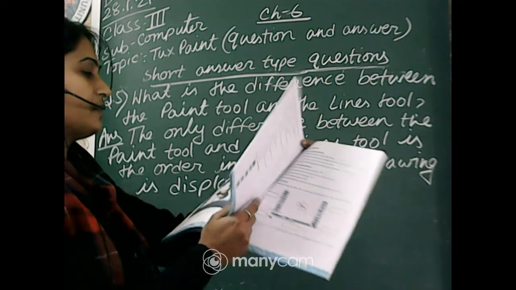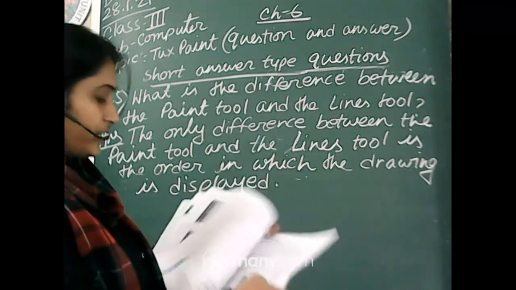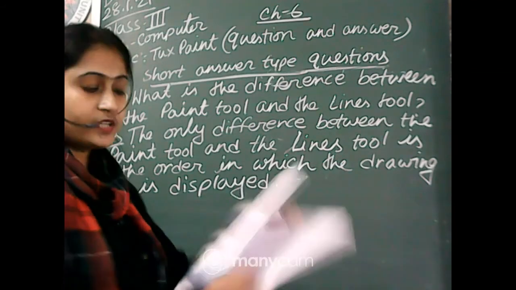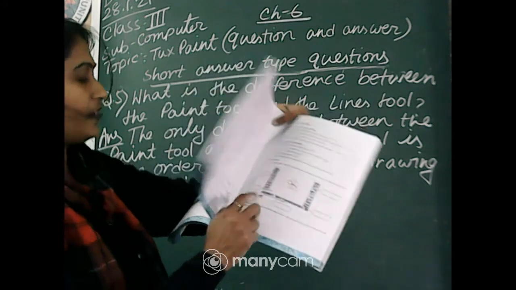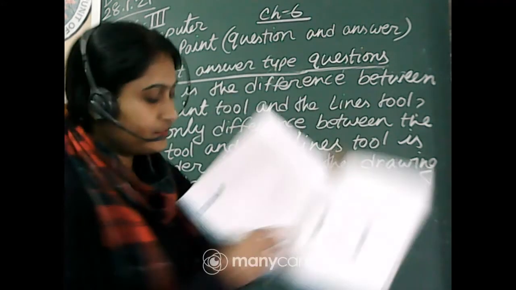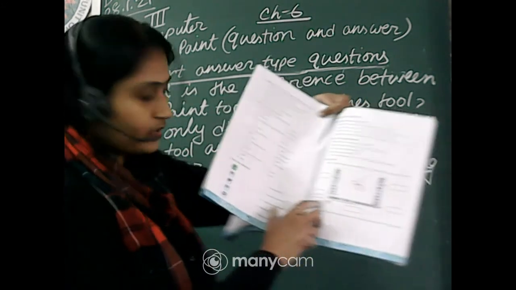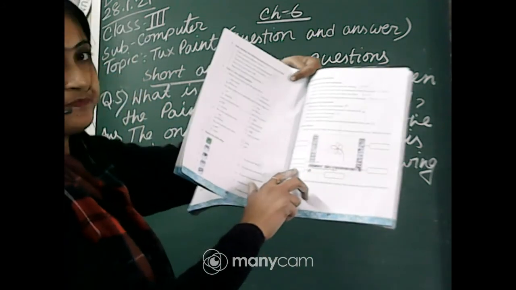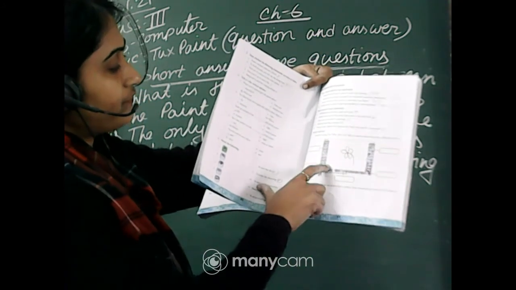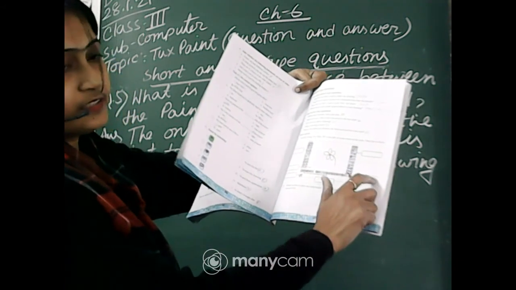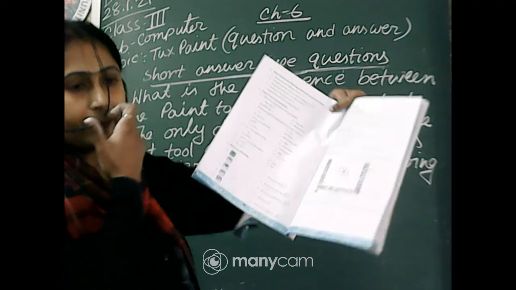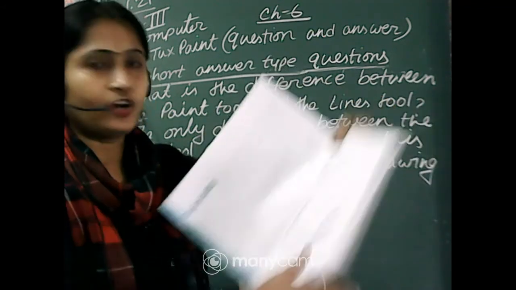This is called the color palette, and this one is the color chooser. This is the color chooser, and this one is the help area. Okay, this is the help area. This one is the drawing canvas, toolbox, selector and color chooser. Everyone will complete this and label this in our book.